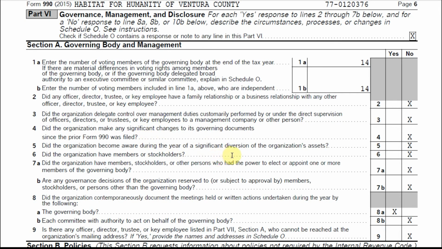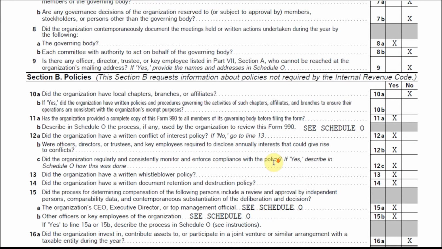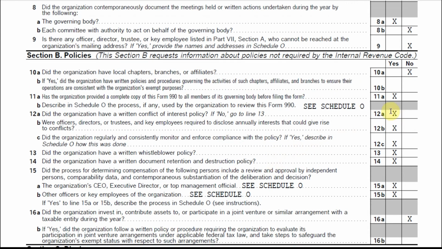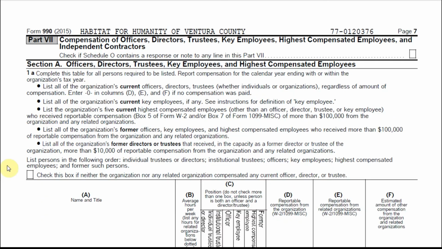Examples are, are you aware of a significant diversion of the organization's assets? That's the kind of answer you really don't want to have to say yes to. Whereas in the B section, it flips, and what we're doing here is you really do want to say yes because this is about, do you have a whistleblower policy and a retention destruction policy? Do you have policies related to the way you do operations? Very important and helpful for organizations to think about, which gets us then to